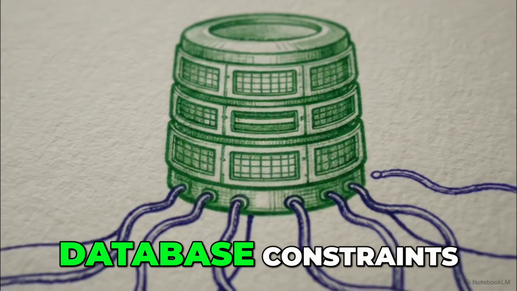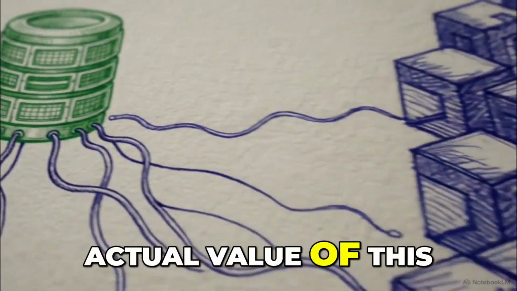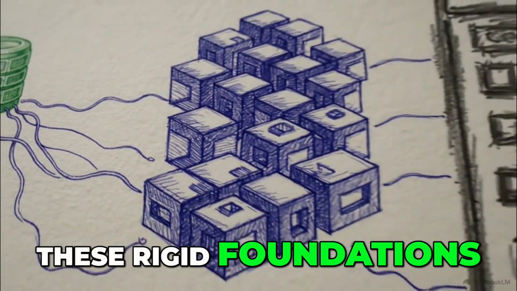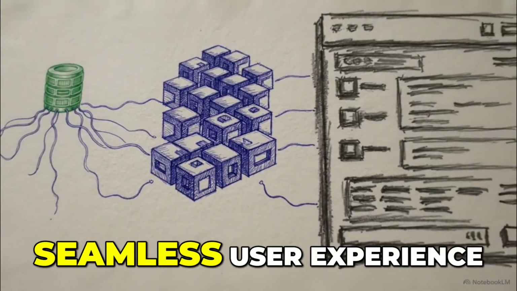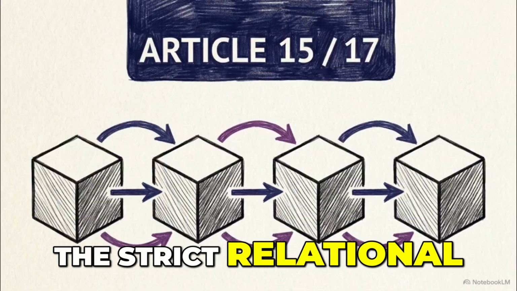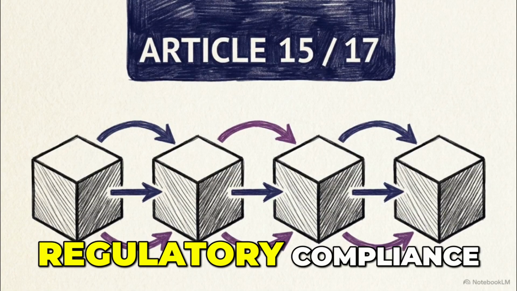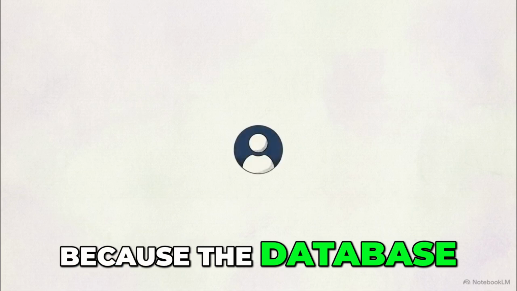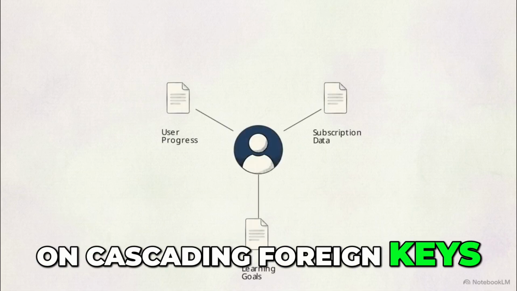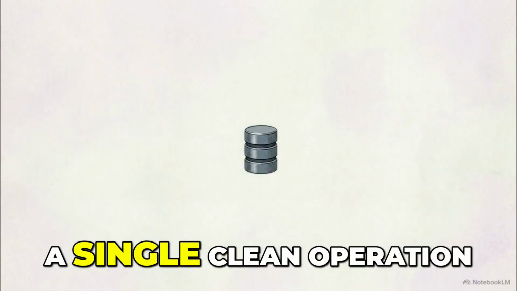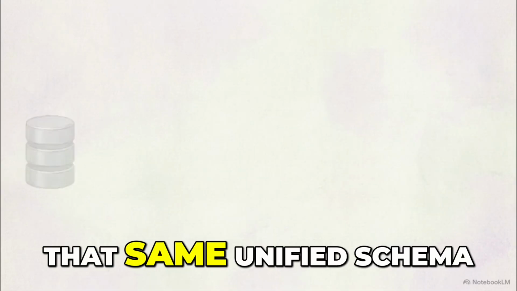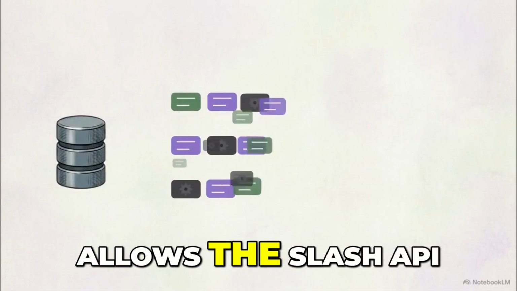Pulling back from the database constraints reveals the actual value of this architecture. These rigid foundations are exactly what enable a seamless user experience. The strict relational data model directly handles regulatory compliance. Because the database relies on cascading foreign keys, a GDPR Article 17 account deletion requires only a single clean operation. That same unified schema allows the